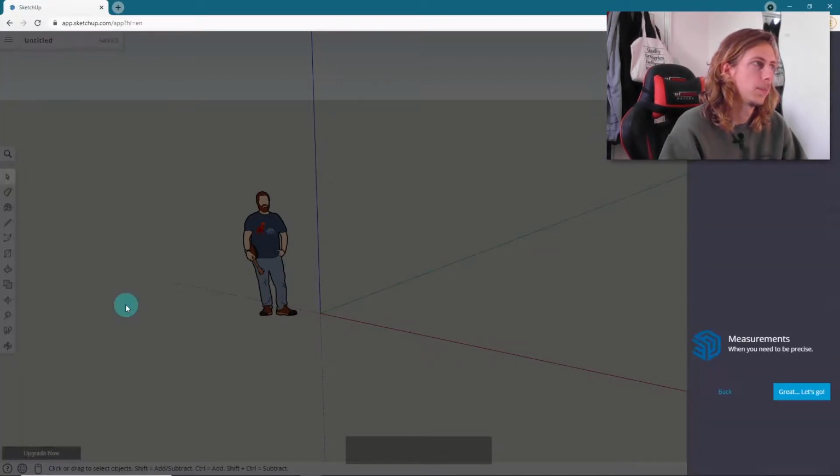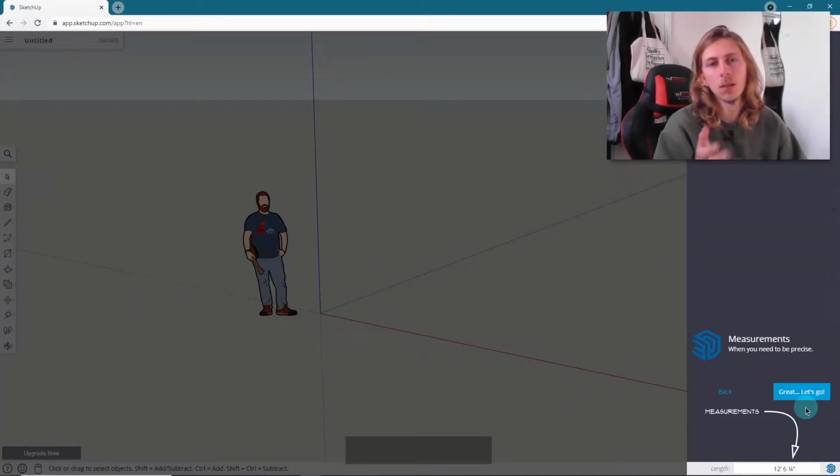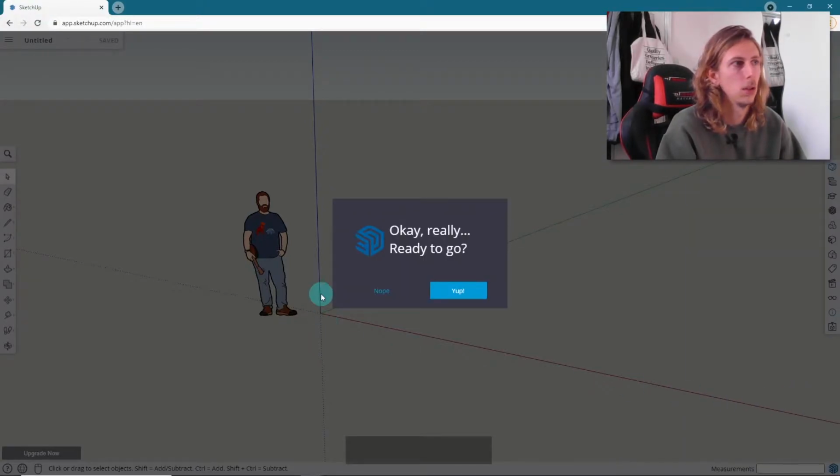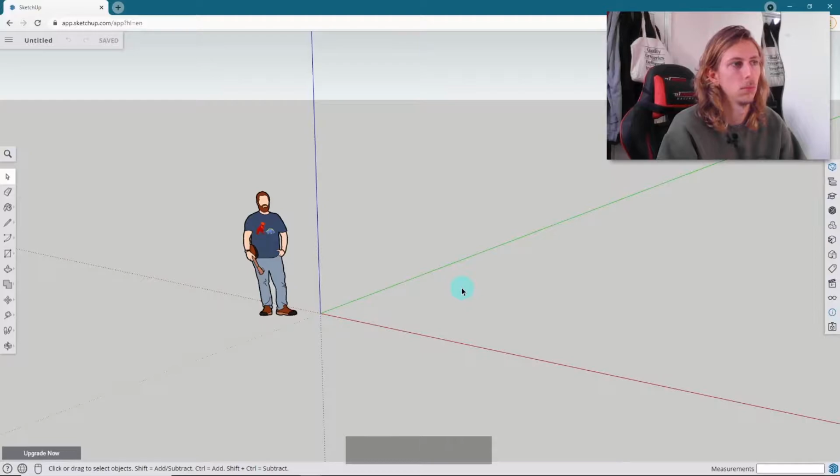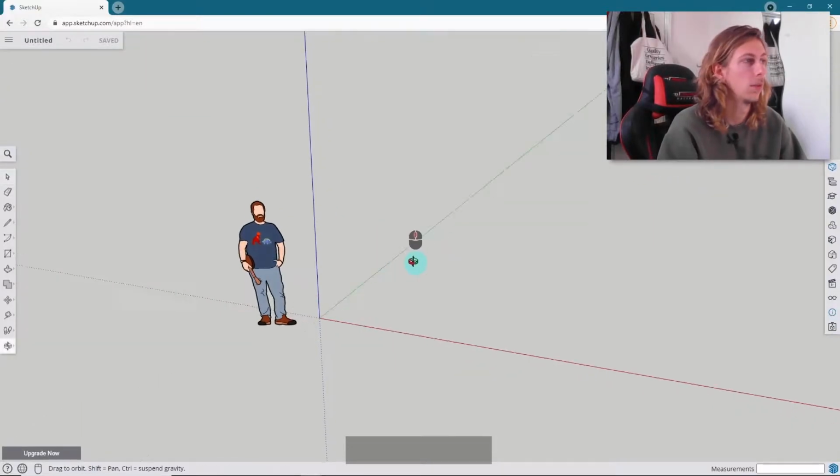Status bar, okay, got it. Basically, you can look through this. I recommend looking through it. But if not, just click go, and then we're ready to go. We're in our